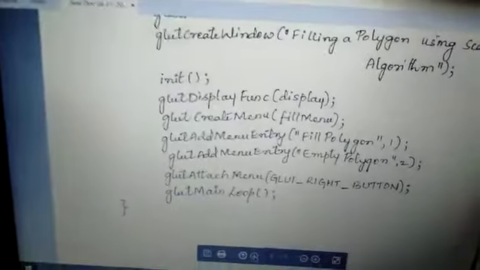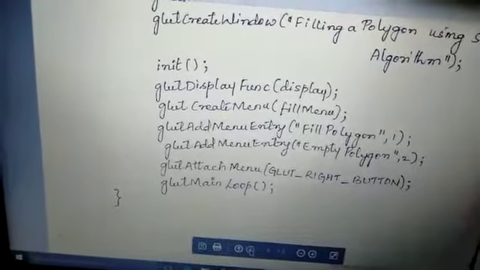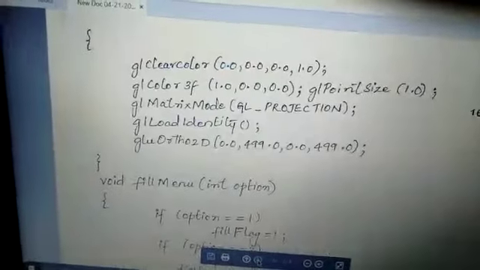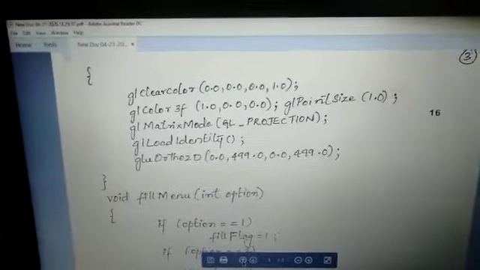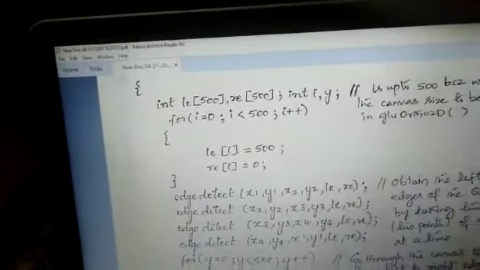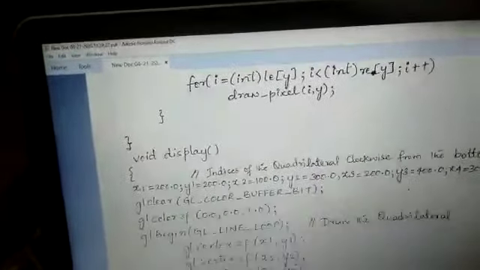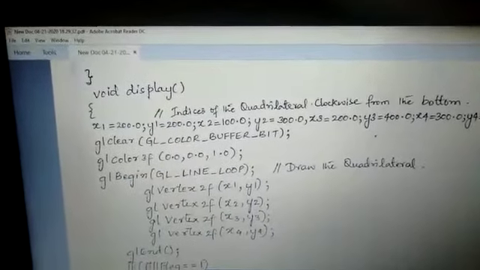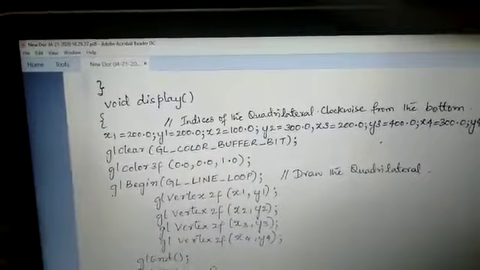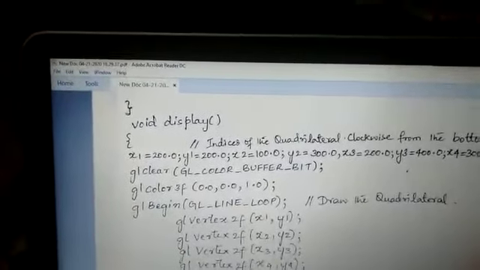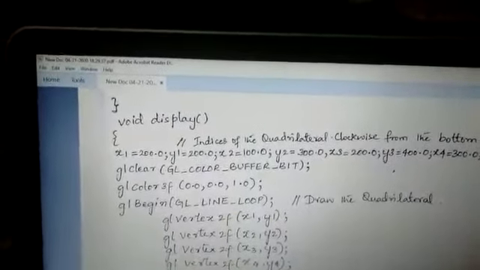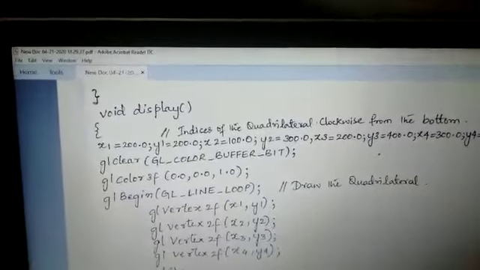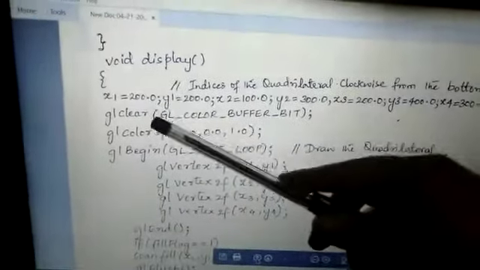Coming to this, we have the glutDisplayFunc, where it goes to the display function. In the display function, you can see we have defined the indices of the quadrilateral clockwise from the bottom. That is, we have provided x1, y1, x2, y2, x3, y3, and x4, y4 values, with respect to clearing the buffer with glClear.